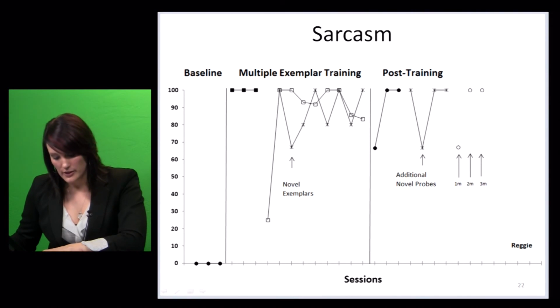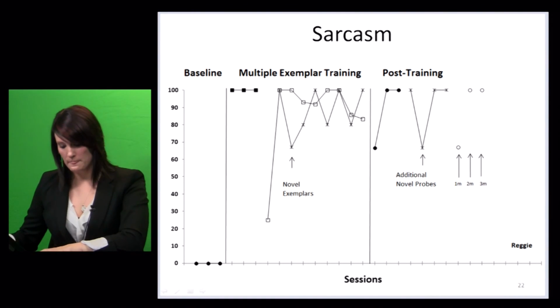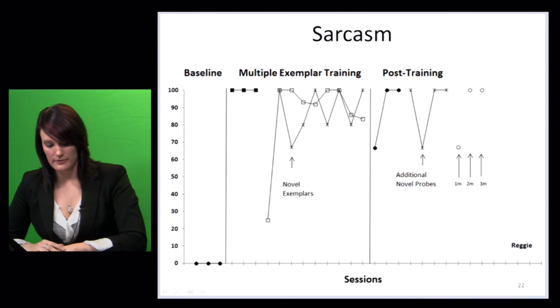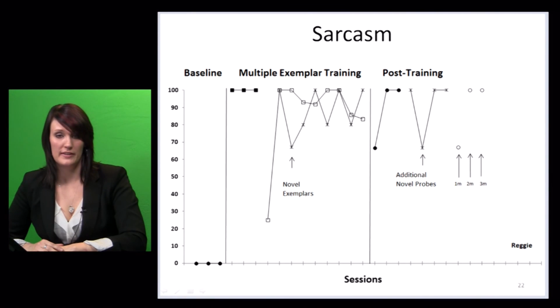Did you think that a review of didactic relational frames, RFT approach to PT skills, is useful to read into? I do. I have read into relational frame theory a lot for these studies, and I do think that they will provide you with a conceptual analysis that will really help you to define what you're looking at and to identify what behaviors the individual needs to engage in order to respond in a certain way.